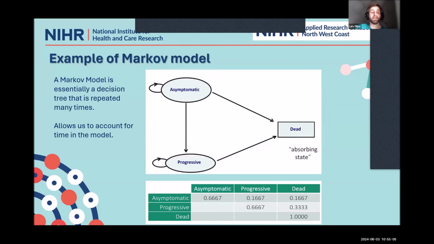Now, let's go to the second one, which is the Markov model. And the Markov model, the truth is, it is just a decision tree that is repeated several times. Because sometimes you do, let's say, a randomized control trial, and you find that some treatment produces some benefits within one year or two. But you also know that there will be differences across time. People will behave differently with one and the other treatment, and you want to compute the life expectancy, for example, as we were doing there,